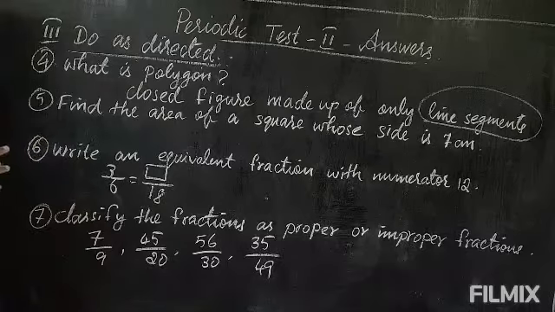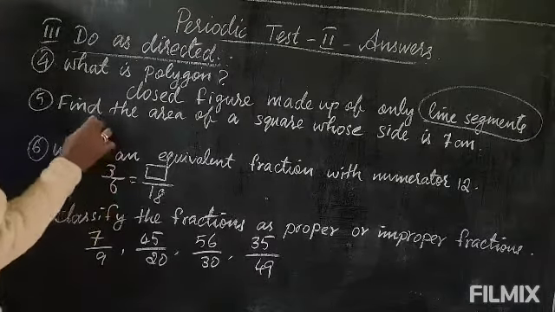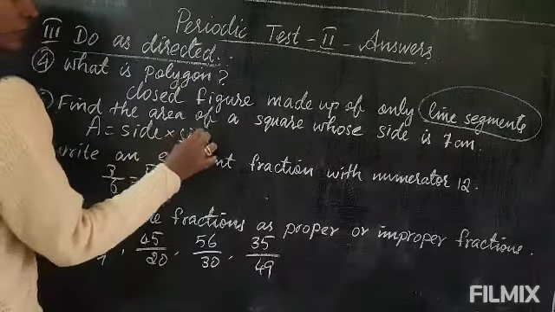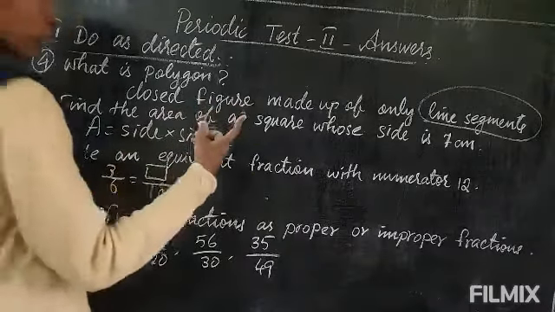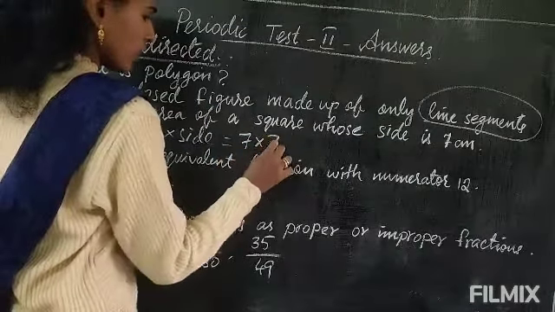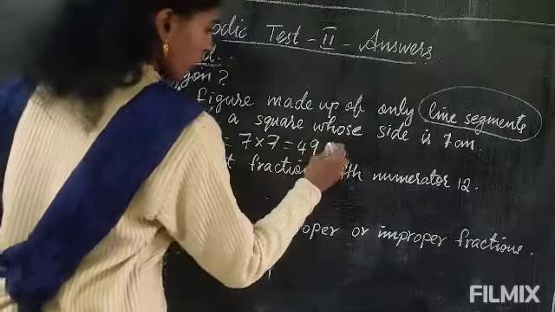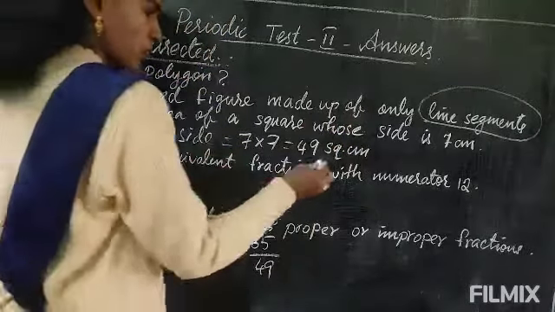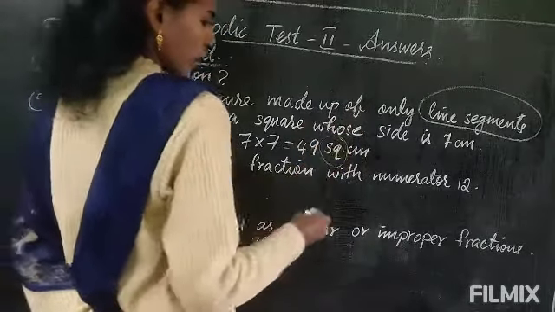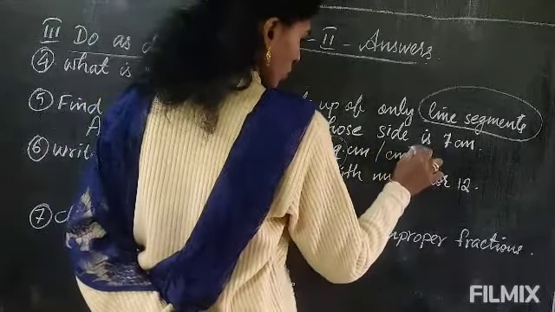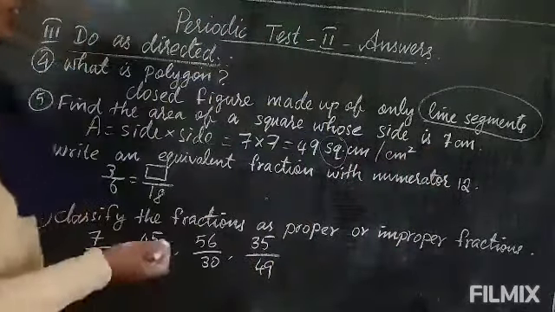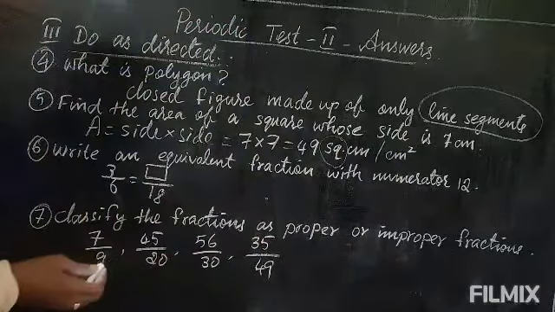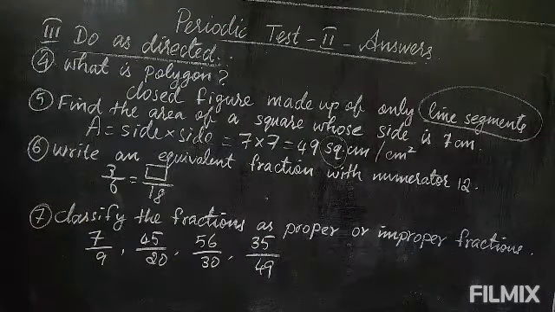Again next one, find the area of a square whose side is 7 centimeter. Area of a square is side into side. So the side is 7 centimeters. So 7 into 7. 7 sevens are 49. And here you have to write square centimeter. If you write only centimeter, I cut half a mark. Square is important in area. So you have to write square centimeter. Otherwise you can write it like this also. This we use in higher classes; in smaller classes you are learning like this. When you learn about powers in higher classes, that time you will start using that way. Okay, so 7 into 7, 49, 49 square centimeter.